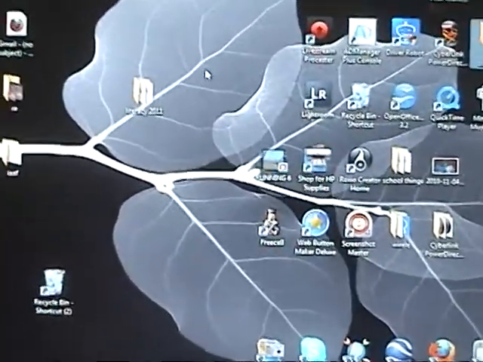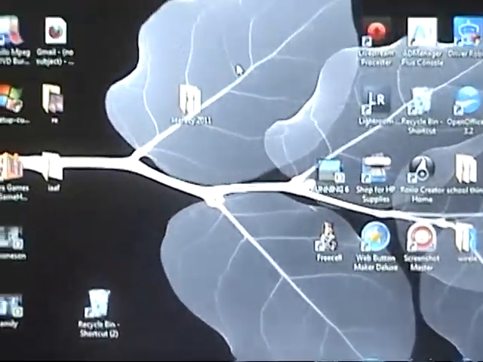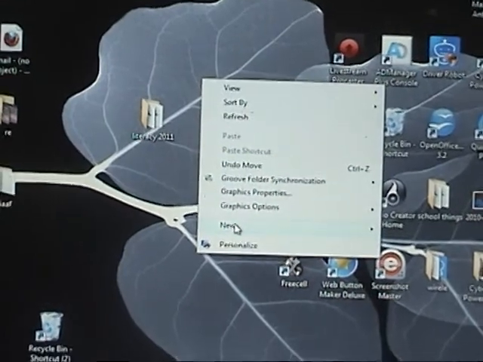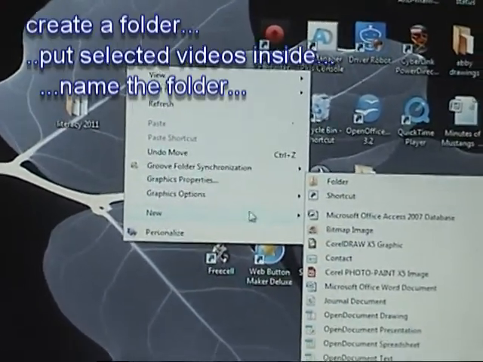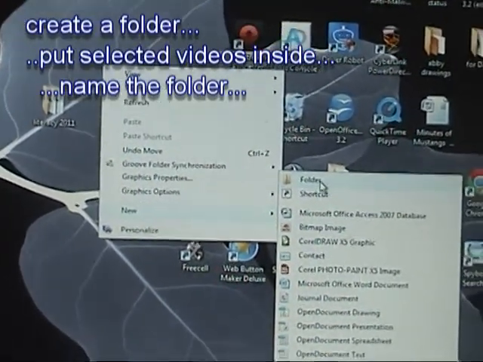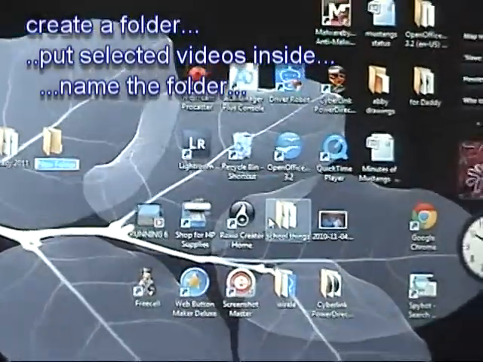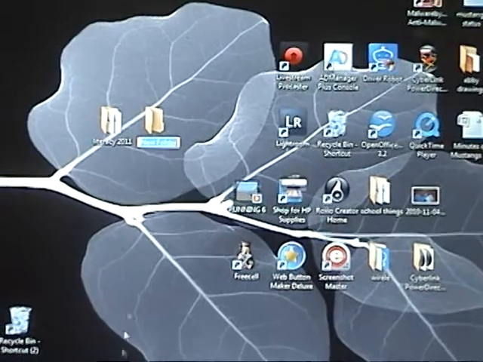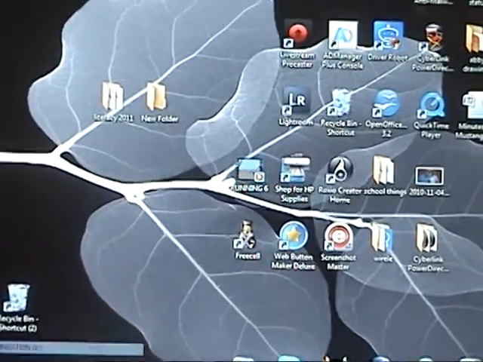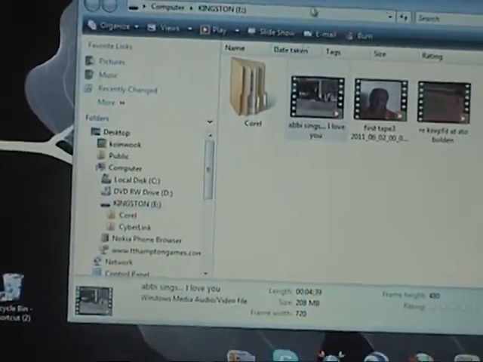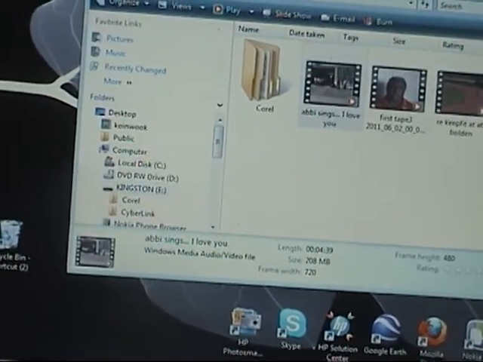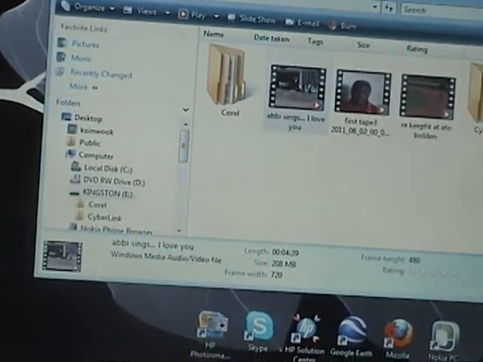You go to your desktop screen and you right click, and then there's new, and then you say new folder, and as you get your new folder you're able to open up any other file, and it's a simple click and drag.